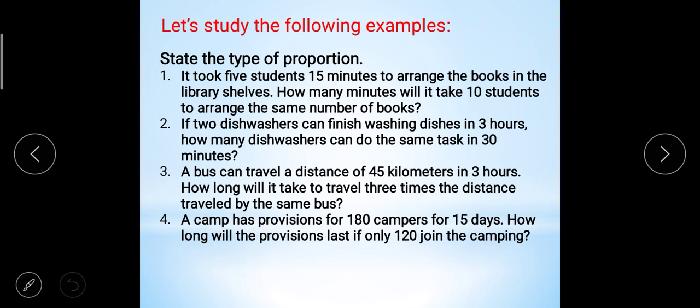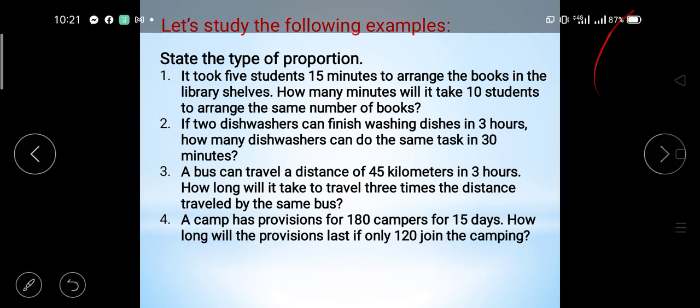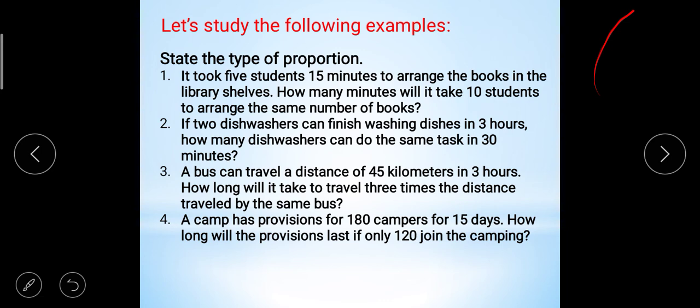Pareho siyang nag-decrease. Okay, so pag mas mababa po yung number of campers, mas mababa din yung number of days. Okay, so I am going to explain to you